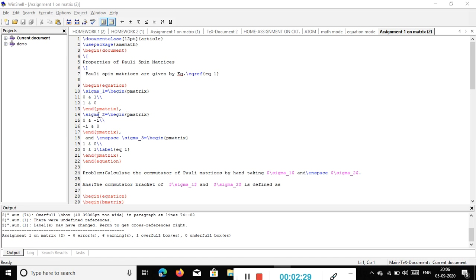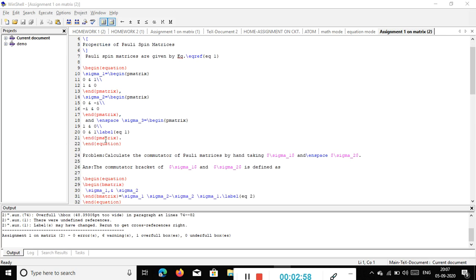Now second, I have used sigma 2. For the sigma symbol you have to write backslash sigma, and I have used 2. So 2 is a subscript of sigma, that's why I have given a hyphen, an underscore, at the lower part of the sigma. Okay, and then I put equals, and then I started \begin{pmatrix}. So sigma 2 is equal to begin pmatrix, the parenthesis matrix, and after that I have written the second equation, and then I end the matrix.